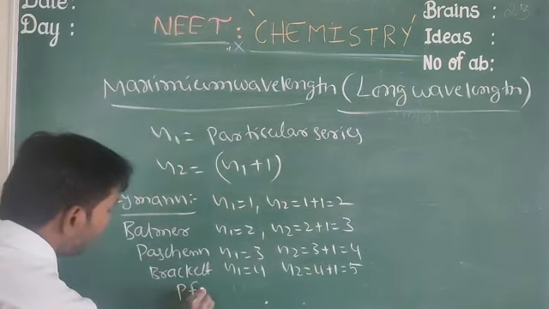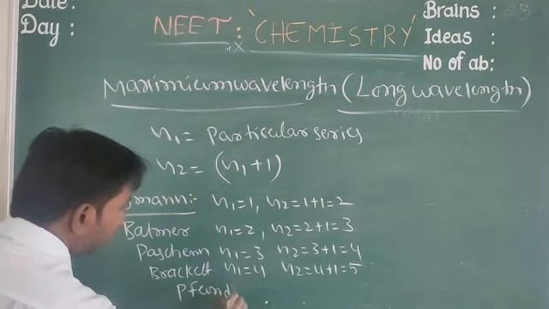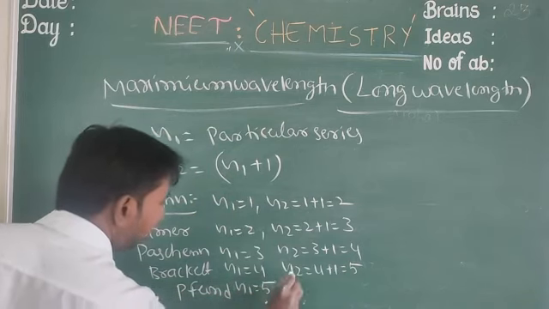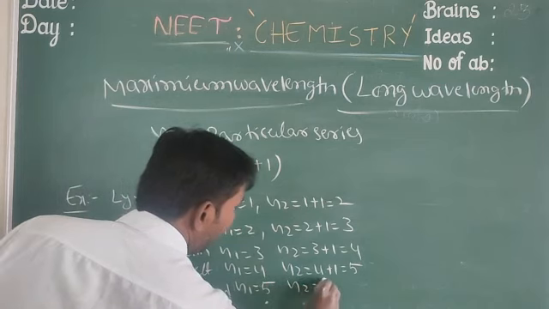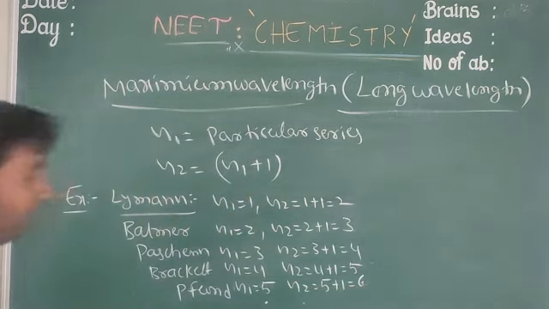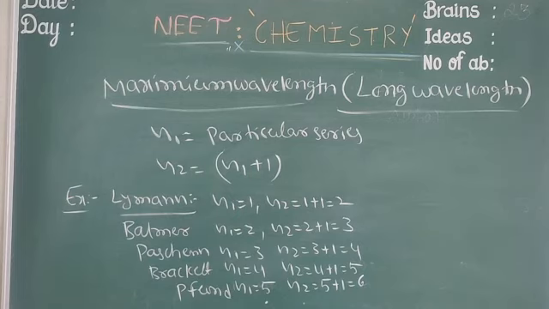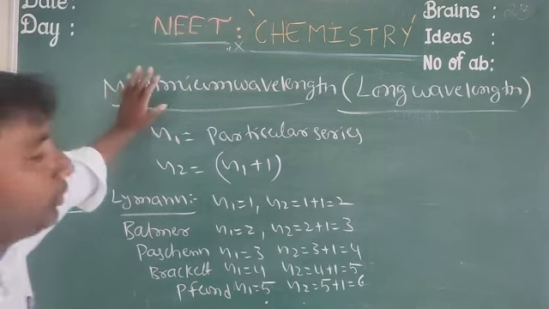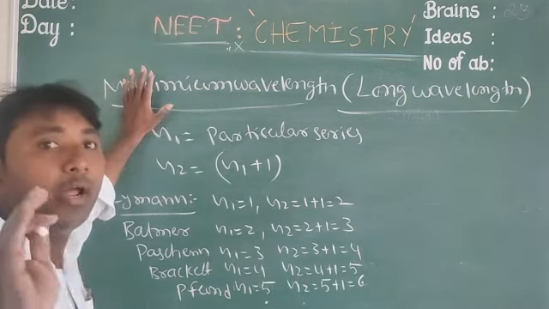Pfund: N1 equals 5, N2 equals 5 plus 1 equals 6. So like that we have to assume, since in the problem they didn't give